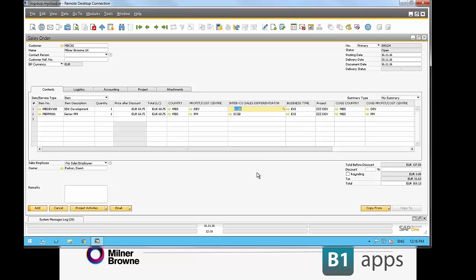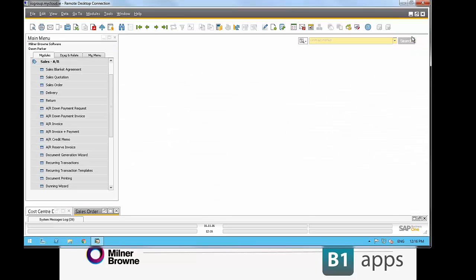Okay, so that's what the application looks like when it's in use. Obviously, from a user point of view, it's really simple, straightforward. They don't need to know any of what goes on behind the scenes. So what I thought I'd do quickly, for those of you who might be more interested in how we would go about setting this up, is show you a little bit about what the configuration looks like behind the scenes. So if I go into here and go into my screen here,